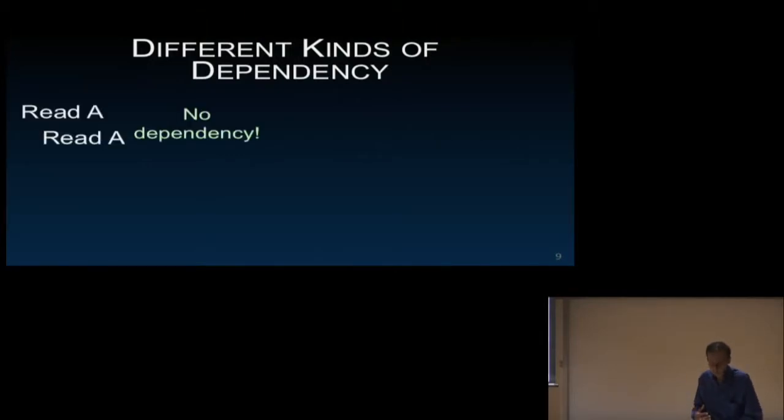Now, there's different kinds of dependencies. And so this is really coming to the core of our work, where we think of dependencies at the memory address level as opposed to the computational level. And there's 4 kinds. And you can imagine what those are. You have reads, and so these 2 reads are happening in different threads. And so they're staggered in that fashion, as you can see here. And there's no real dependency because you're not writing the variable, so you go ahead and read it in whatever